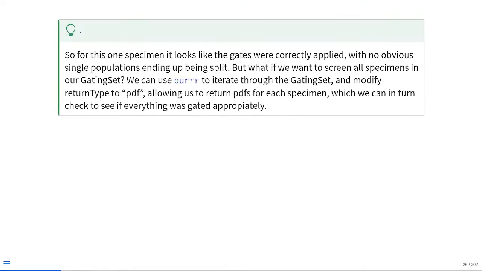So we were able to check for one specimen, and we were able to validate our gates. If we found anything that wasn't quite matching, we could go back to our OpenCyto template, change our gate range arguments for that particular gate, rerun everything to refresh the gates that are present in your gating set, and continue until you're happy with one specimen. But is there a way we could screen all the specimens in one go so that if it's just an outlier specimen that's not being properly gated,